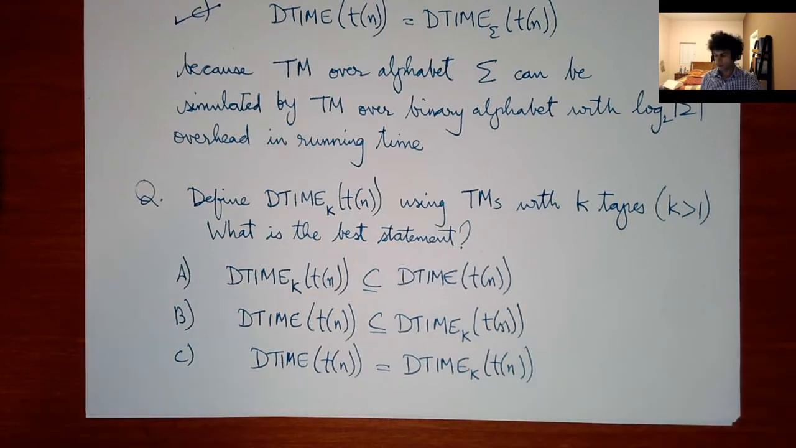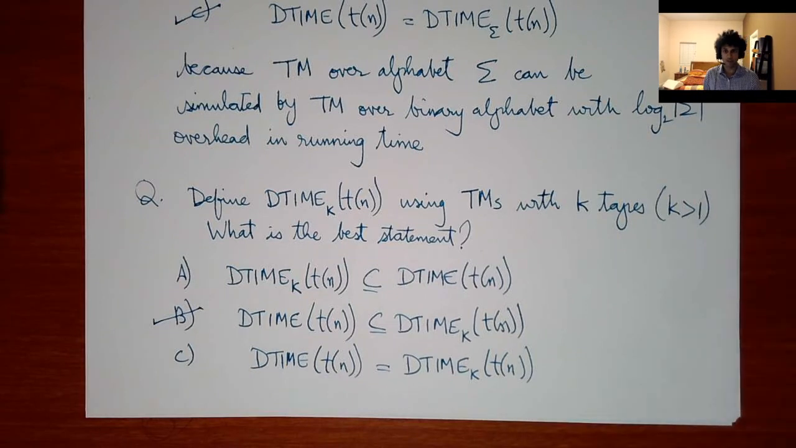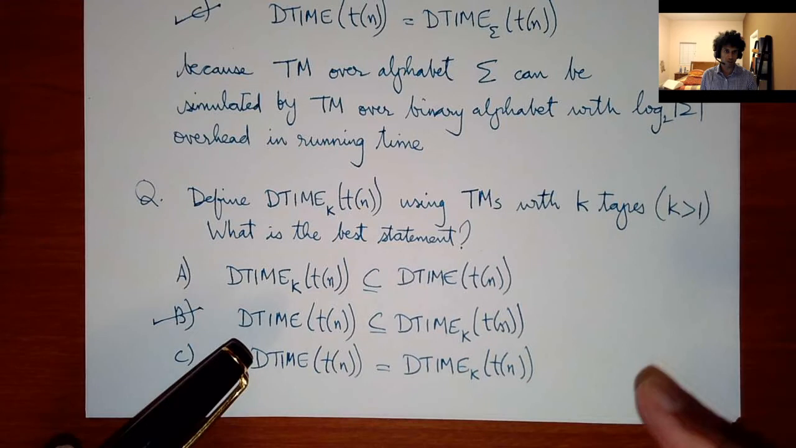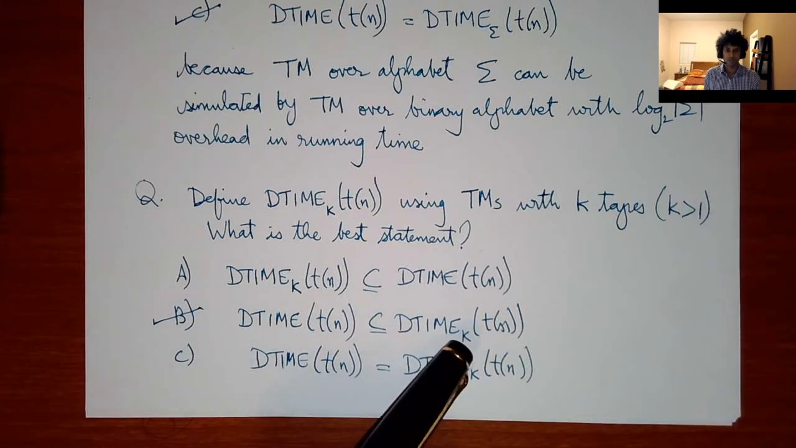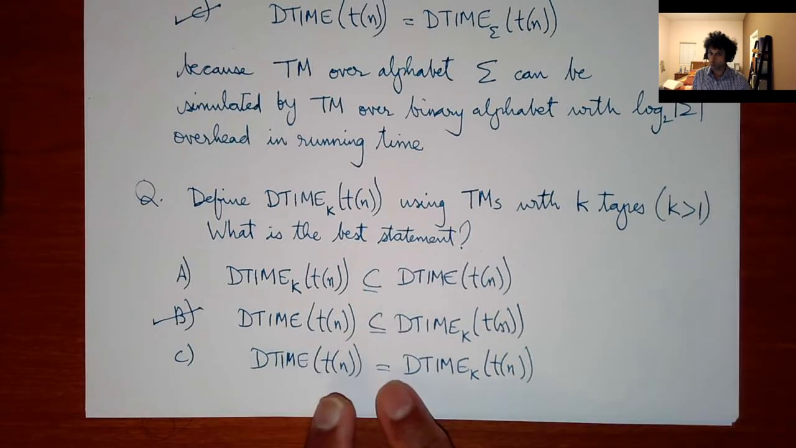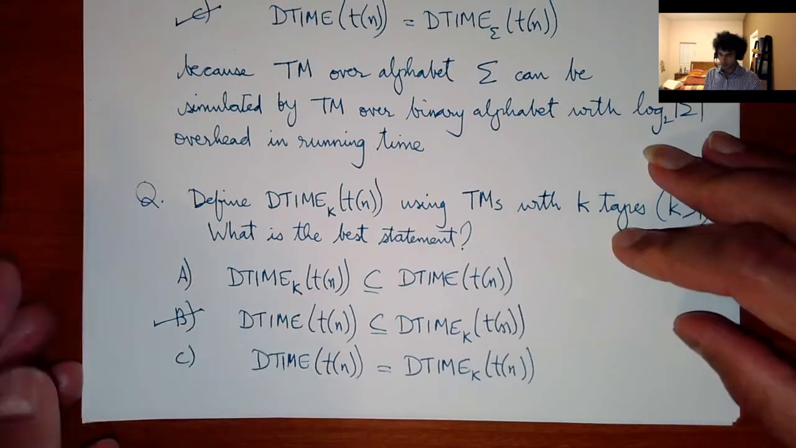Okay? So this time, which most people who voted got that right, you can only make the obvious statement. You can obviously simulate a Turing machine with a single tape using more than one tape. So this is the obvious statement. Equality is not necessarily true because we did not show that you can simulate a k-tape Turing machine with a constant overhead in time. Now recall that what we proved,